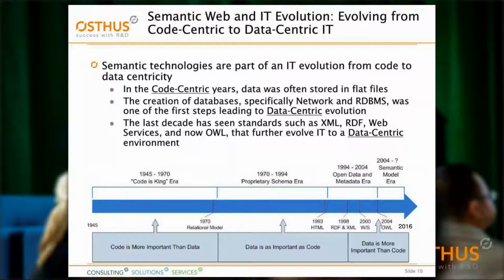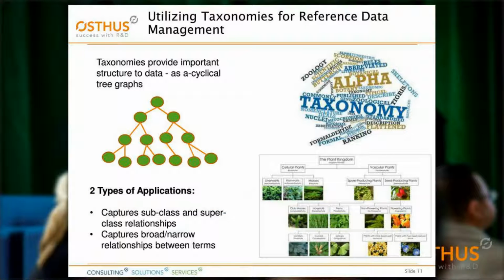So what your data is about is more important than whether your data is in a SQL database, or represented in some kind of XML schema, or in Python. It doesn't really matter now what language it's in. You're trying again to get at that meaning. So semantics has helped move this discussion further along. And what we see, therefore, is the use of taxonomies, and an increase in the number of people who are looking for reference data management. Because you have all of this meaning and structure now,